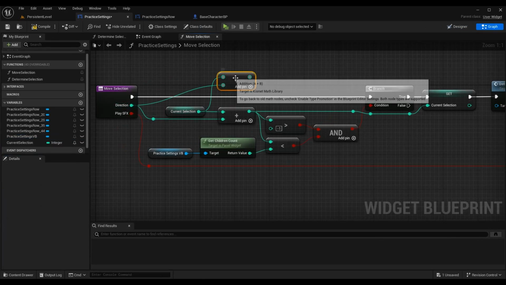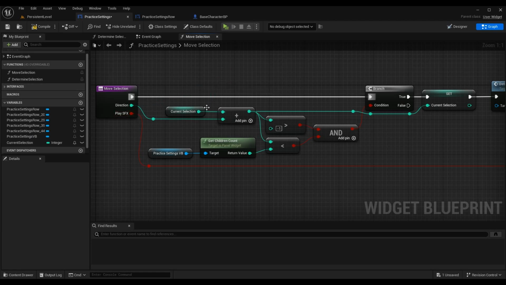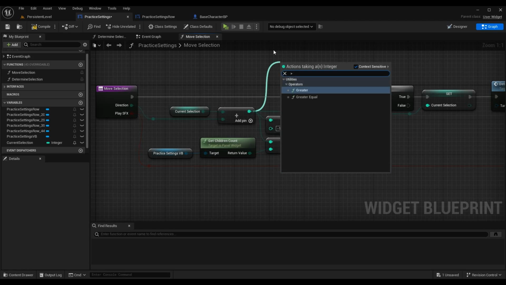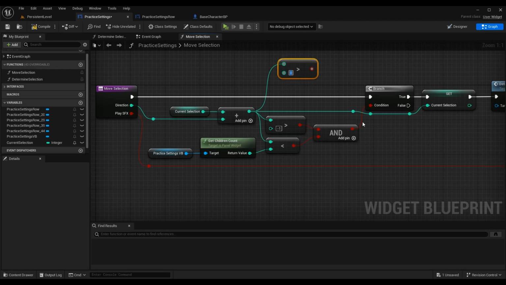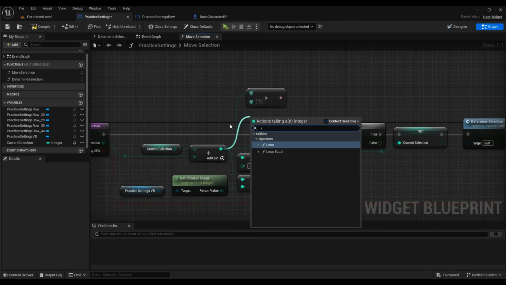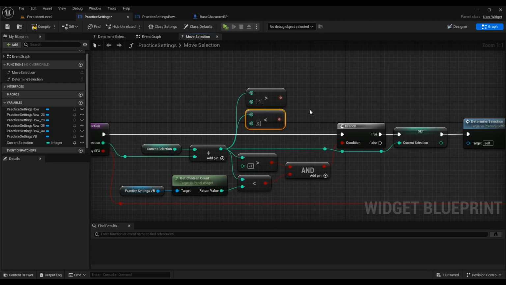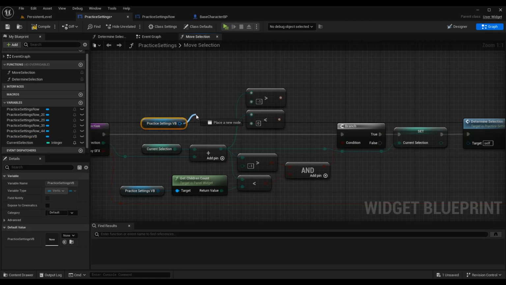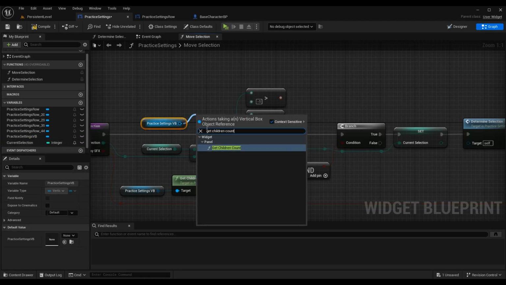So we need to check and see if the current selection plus the direction we're trying to move is greater than the minimum and less than the maximum. So we take the result of the addition and we make sure it's greater than our minimum value. So we can use index 0, so our minimum value is actually -1. We want to make sure that the result of the addition is also less than the maximum value. So less than, this one is going to be less than the number of elements within the practice settings vertical box. So we can grab that vertical box, get children count,